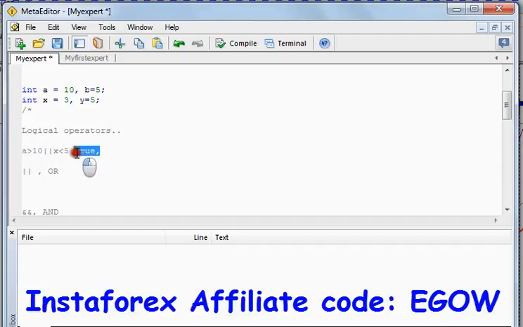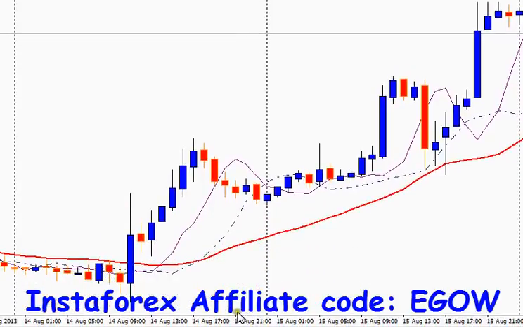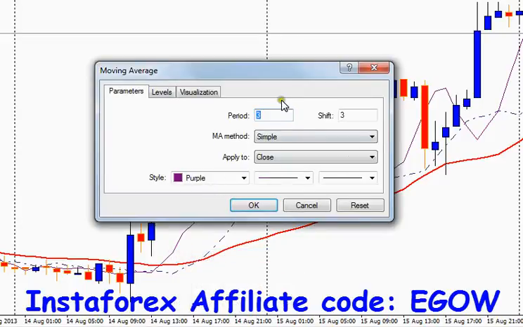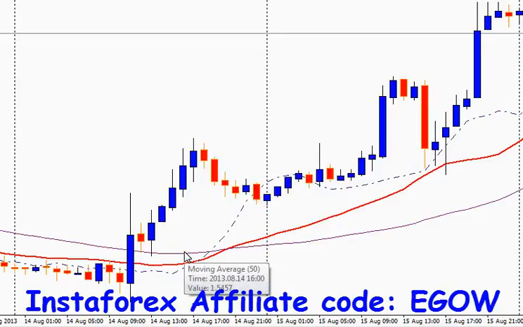This is important because we may want to place an order based on two moving averages, for example this one, let me change it to 50. Say we want to make a trade if either of the moving averages is crossed by the price.